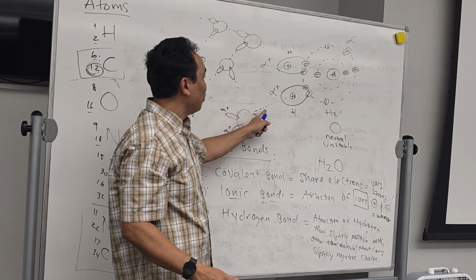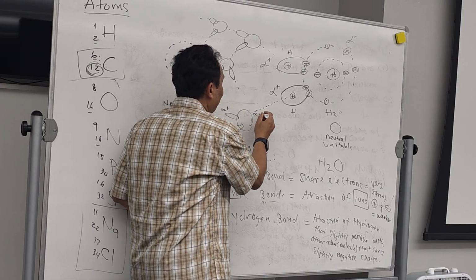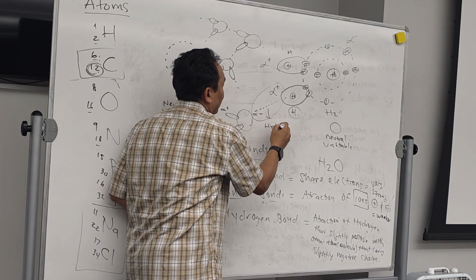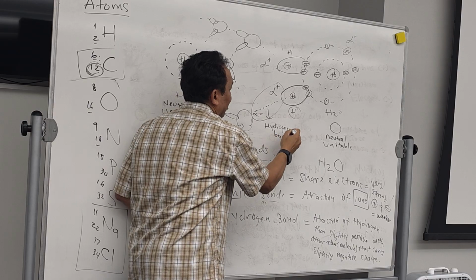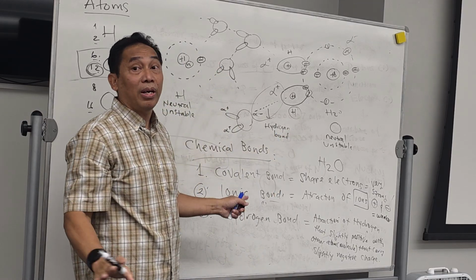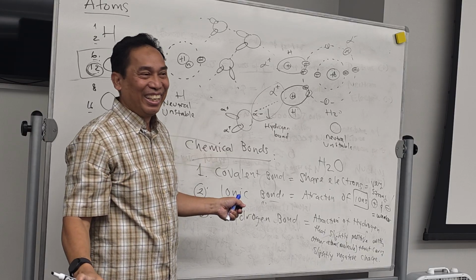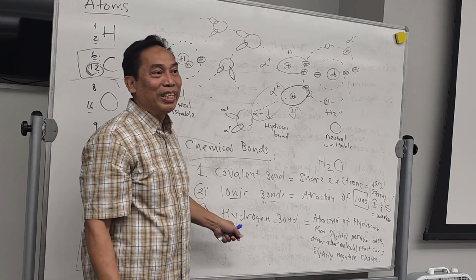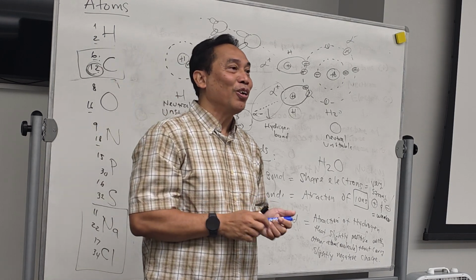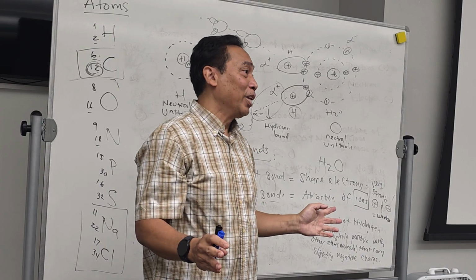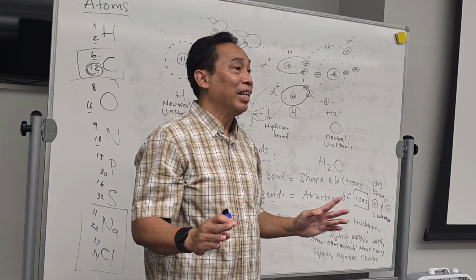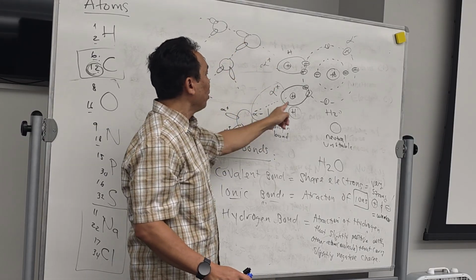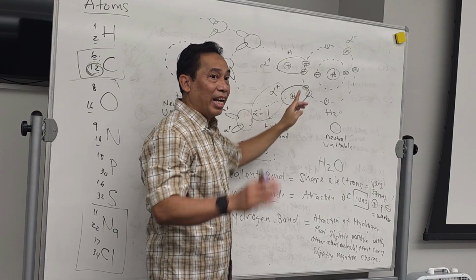So look at this attraction over here. Slightly negative with slightly positive. This is what we call the hydrogen bond. Okay? Maybe in real life it's just like an affair. The first one, family bond. This is dating. This is an affair. What do you think the strength is going to be? Very strong or very weak? Very weak. Even if you don't want somebody now, right? It's very weak. It's going to be easy to break this. It's really easy. But you cannot break this. It's difficult. Are you with me?